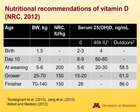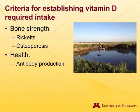There's been questioning of those recommendations for vitamin D because, as Darren was mentioning before, he had observed that pigs growing outdoors have much greater levels of vitamin D in their blood. But we have to make sure we establish what criteria we're going to use to define the requirement for vitamin D. Bone strength